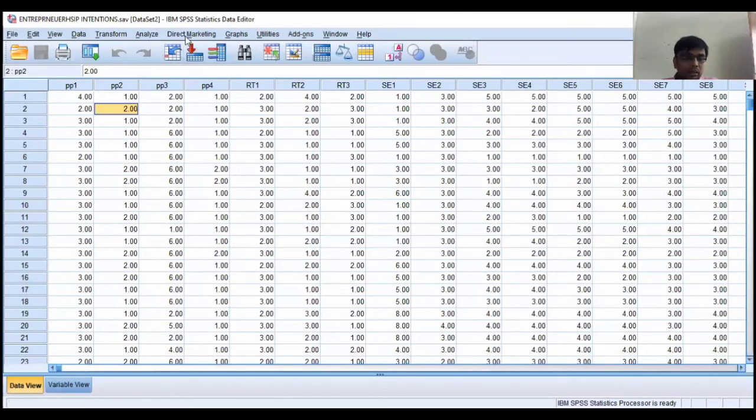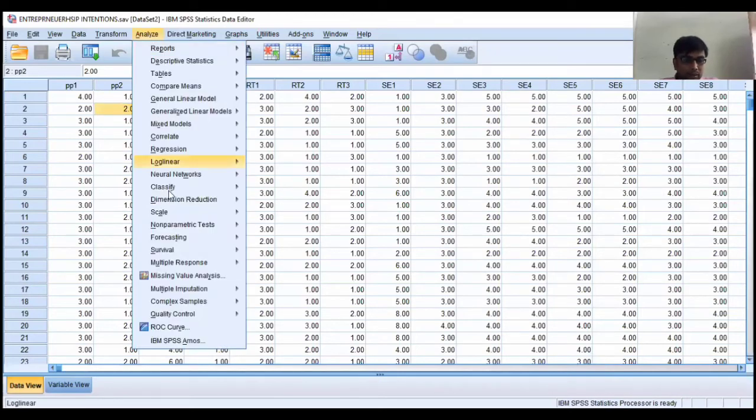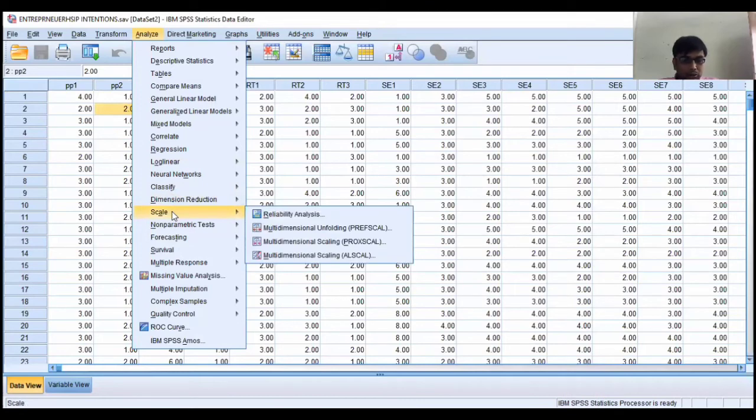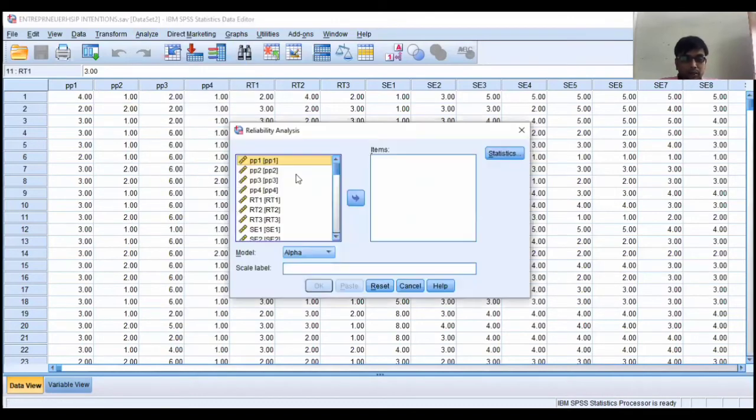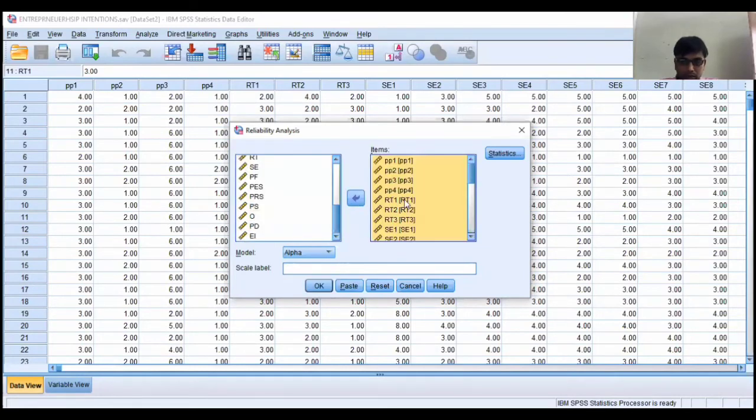Just go to the Analyze tab, and under Analyze, go to Scale, and over here, go to Reliability Analysis. Analyze, Scale, and Reliability Analysis. Click on it. Now transfer all those scale variables or items into the right-hand side box. Let's say I'm checking these items, and this remains as Alpha. Just press OK.